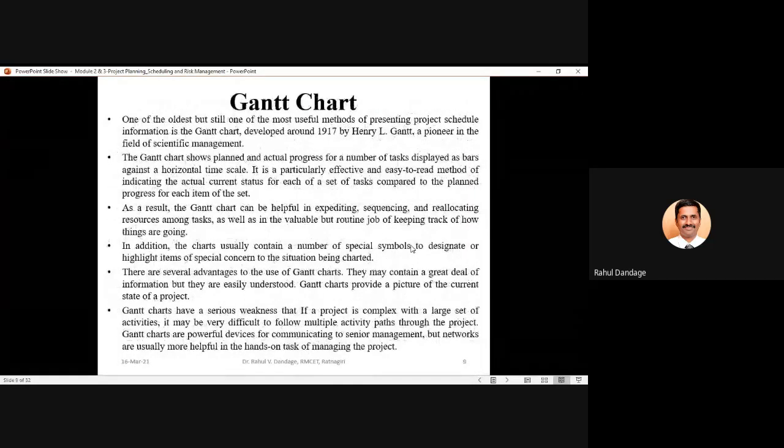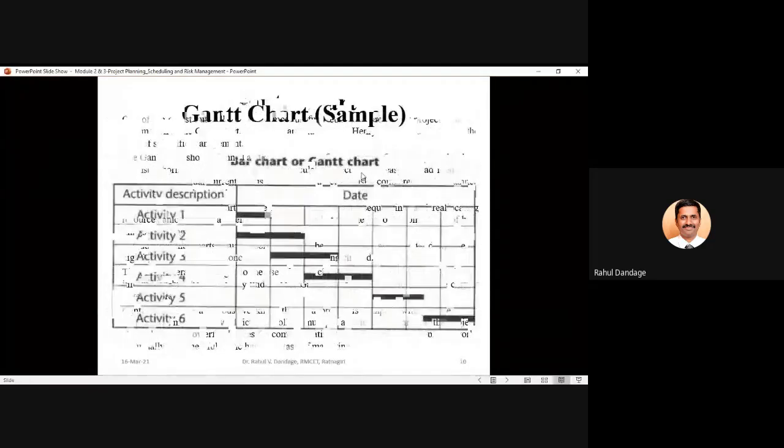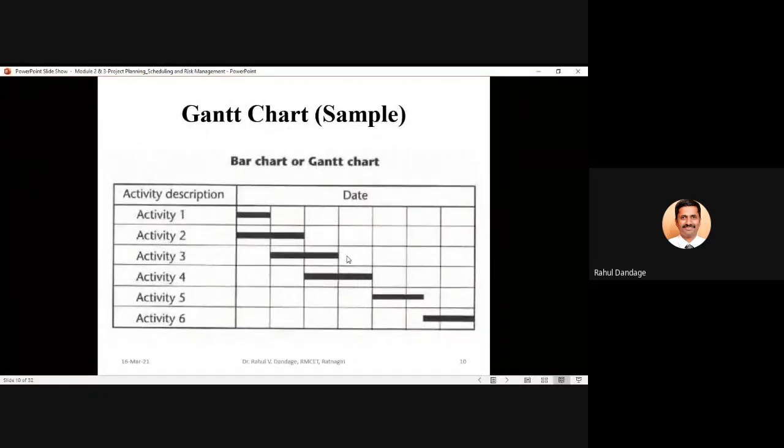Before we move to the discussion on Gantt chart, let us try to understand it using this diagram. I hope the diagram is clear and visible to you.